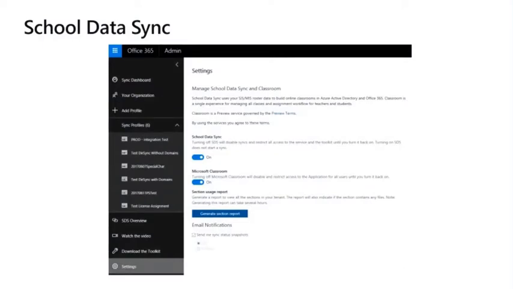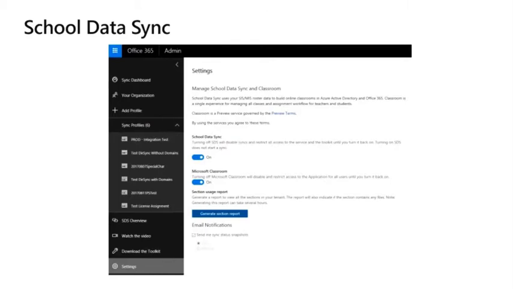So if you just search for School Data Sync, this allows you to then be able to create teams that sync with your student information system. It'll add in the teacher, the students, and it'll automatically keep that class roster up to date. And as part of keeping that class,